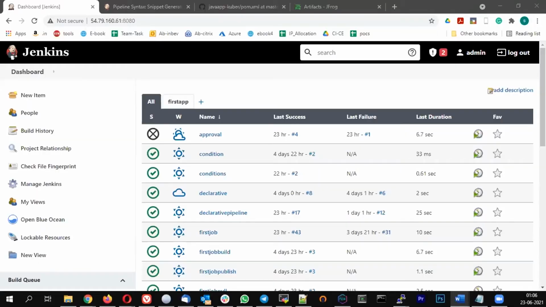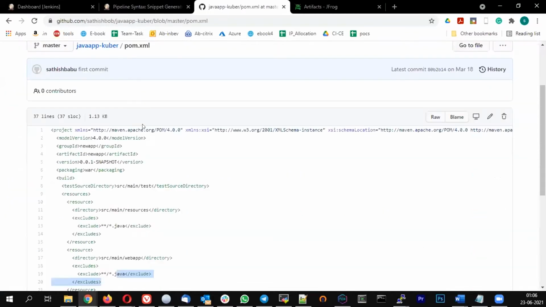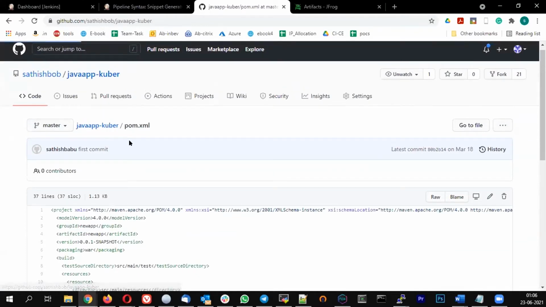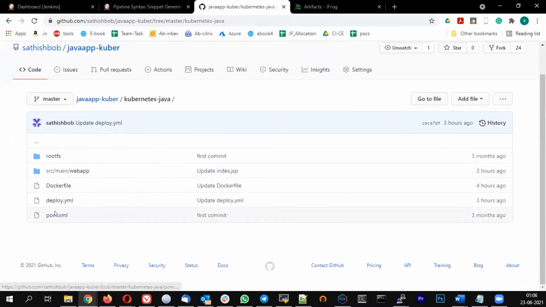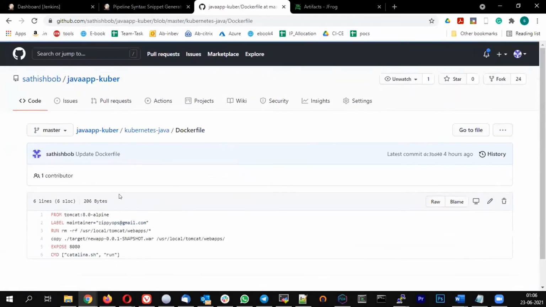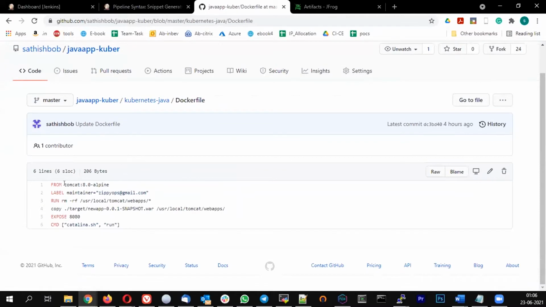So the next option we are going to see is how we are going to build a Docker image. If you see the same repo, in the repo, I have a Dockerfile. You see there in the Kubernetes Java, you can see I have a Dockerfile. So what it will do, it will